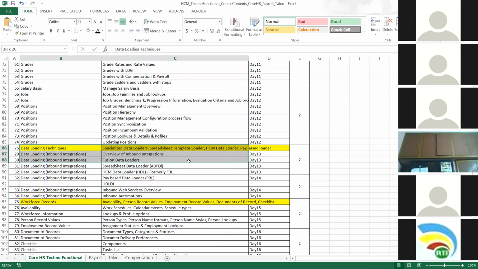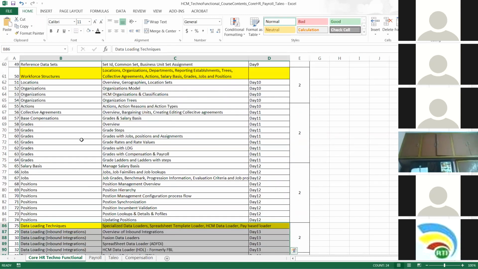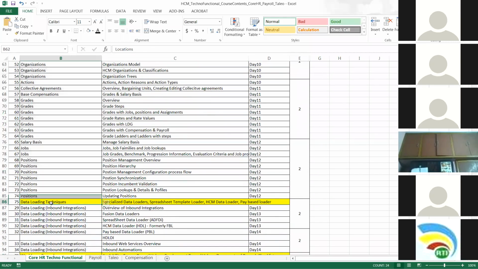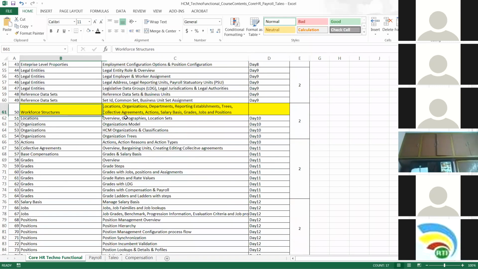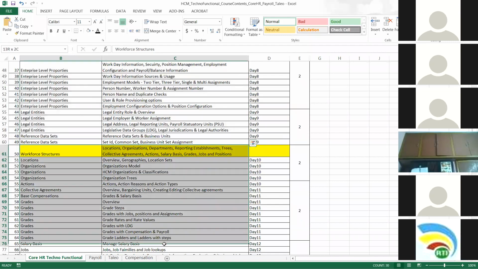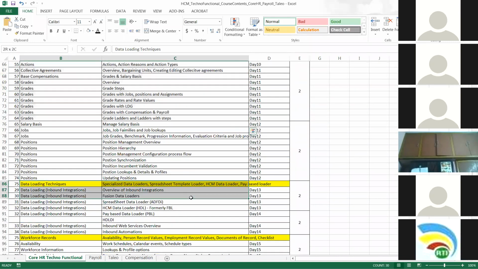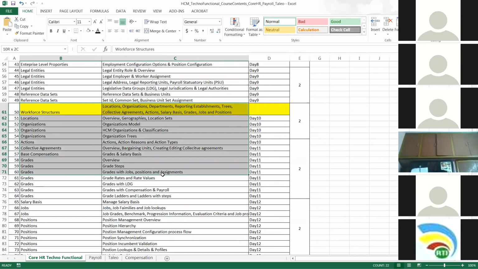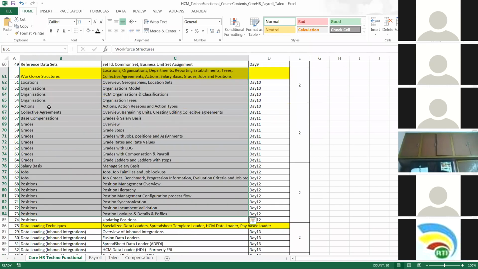Okay, so once we know how to load data into the cloud, we are almost ready to load all this information into the cloud. Again, functional people may not do this. Functional people always work on setting up the work structures and the enterprise structures. Whoever the functional people are, they should know about this very well. That is very important. Most of the time, technical people will take care of these inbound integrations, not the functional people. But functional people should map out what exactly the Fusion setups are, what the Fusion job structure looks like, what the Fusion grade structure looks like,